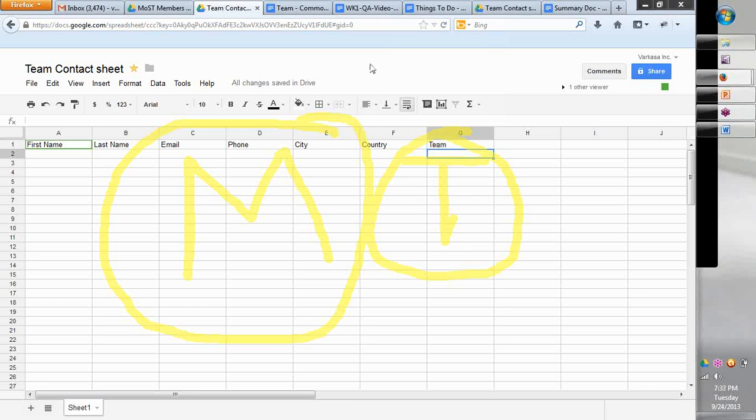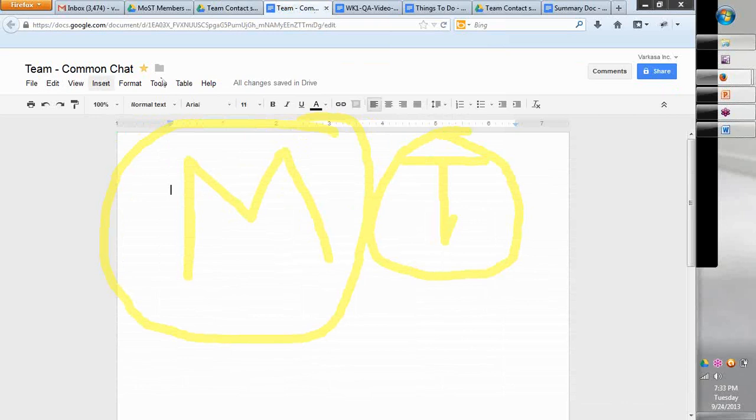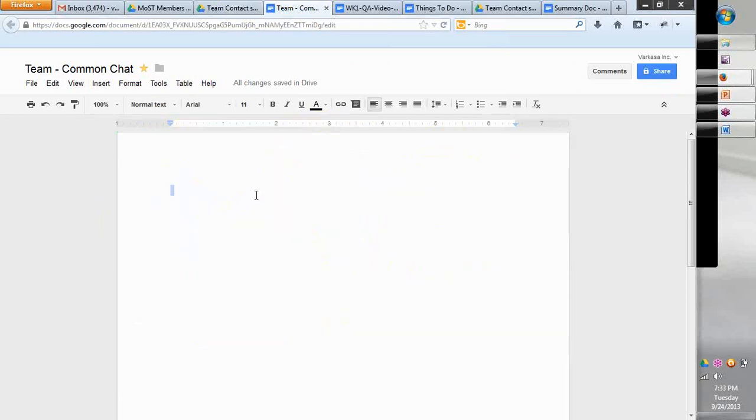So if you have a question while you're watching it, you will have this team comment chat. Now what you can do is put a question here. Let's say you're Madhurima, so you can say Madhurima, and you put a question saying, I am confused about test plan and test strategy. So this is a question that is coming.